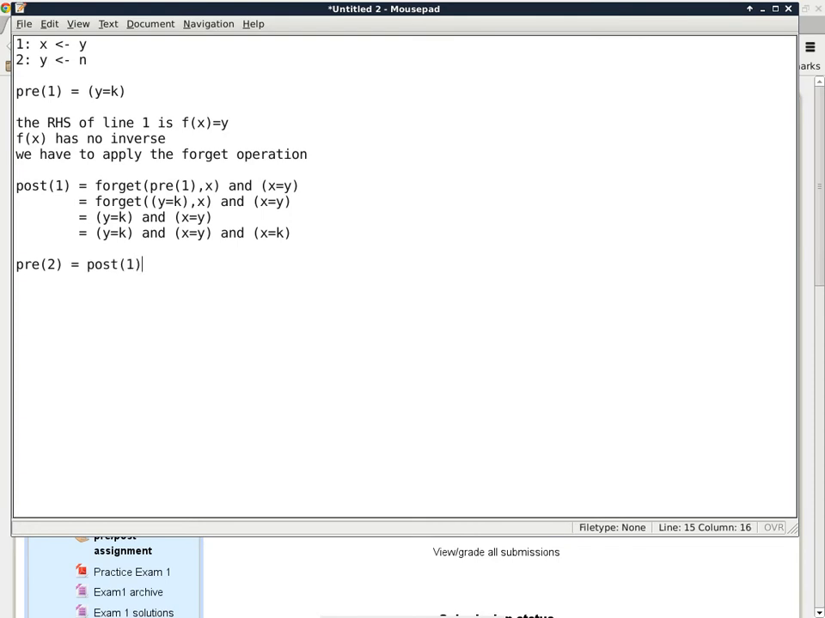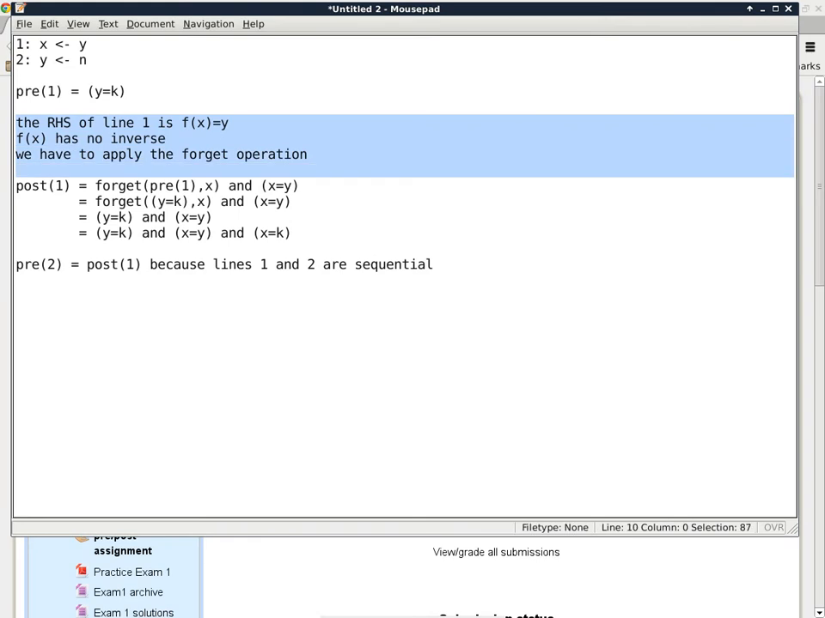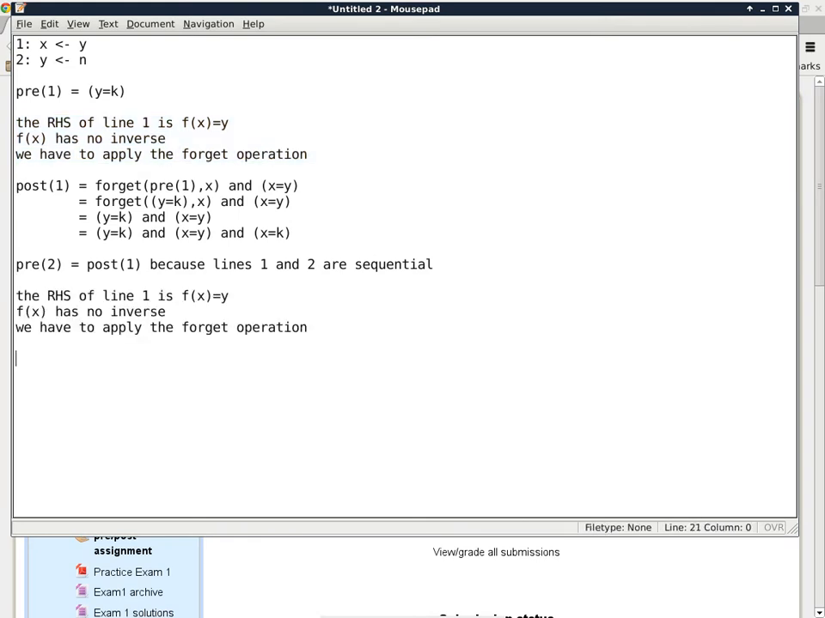Pre-2 is post-1. That part is pretty easy because lines 1 and 2 are sequential. Line 2 is following line 1, and that's why the postcondition of line 1 is the same as the precondition of line 2. So that part is pretty easy. And when you're doing your homework assignment, you can do the same thing here. When you think the same type of reasoning is applicable, just copy and paste